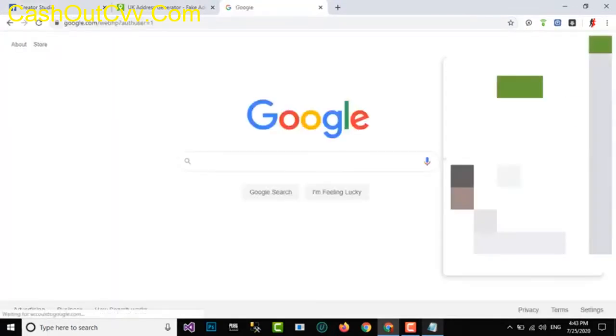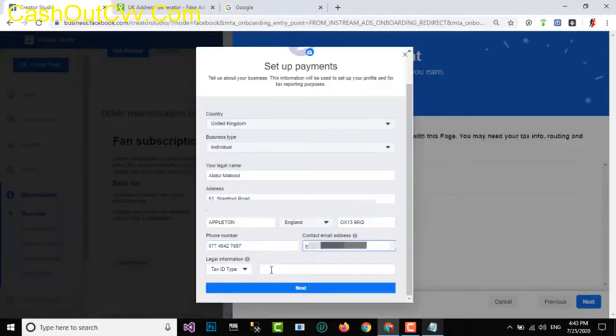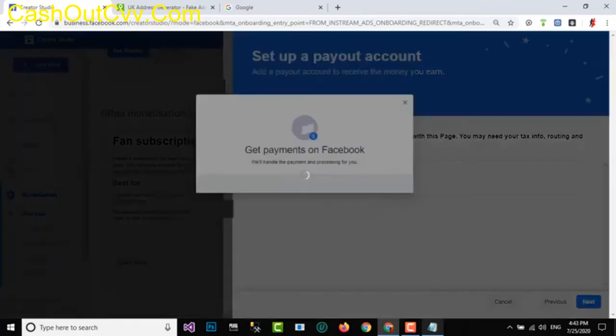So I'm just copying the email from here and pasting it in the payment setup option. In the last option, as you can see, there is the tax ID. I will use other government ID, write the exact government-issued ID card number, and click Next.